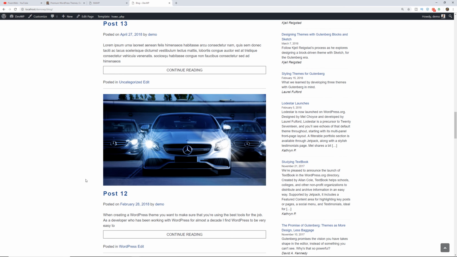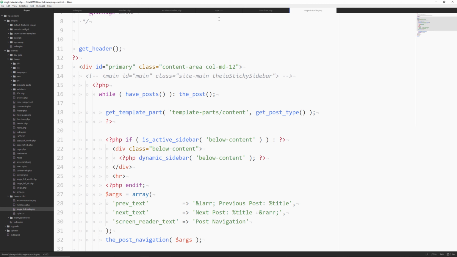Let's say you're going to be blogging on your website, but you also want to add some of your tutorials to the chronological order. You want to add it to the main query. How do you do that? All right, so I'm going to go back over here and I'm going to go over here to this functions.php